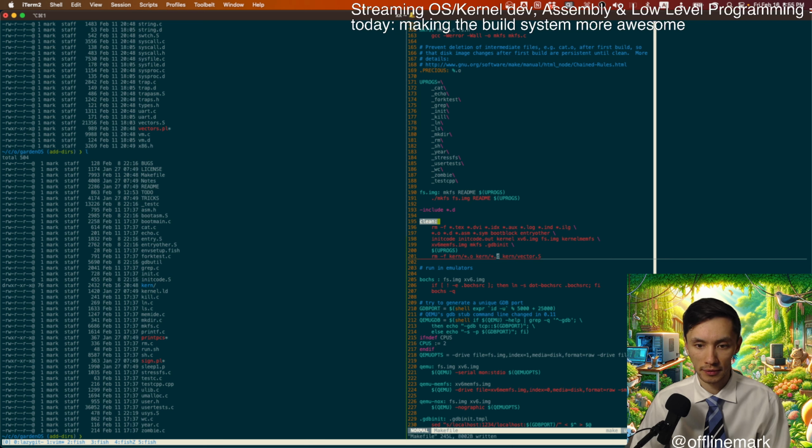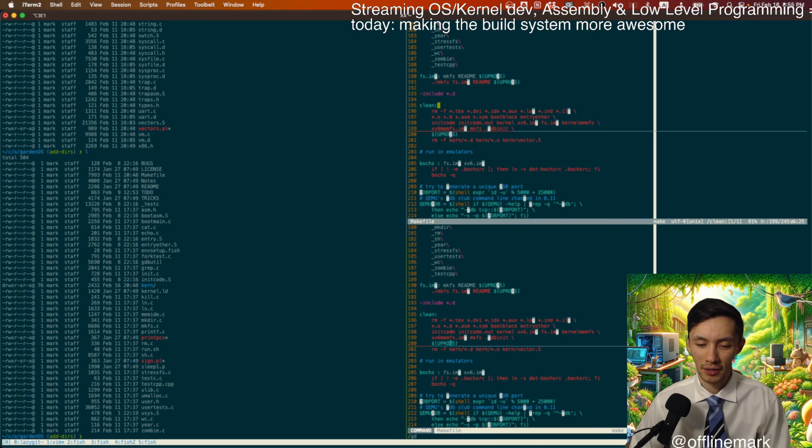Ooh, I guess if I want to do it in alphabetical order, I should do it like this. The simplest solution is to basically replicate this for what is it? It deletes the GDB init.